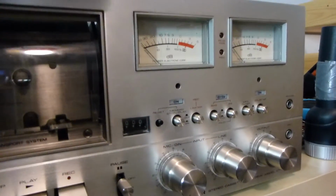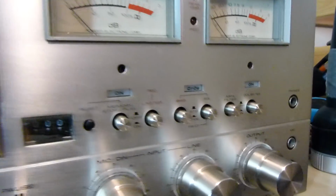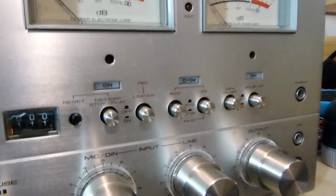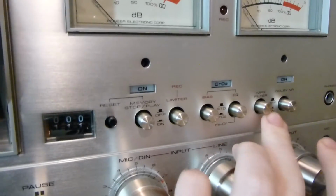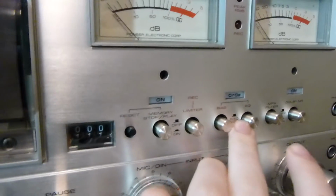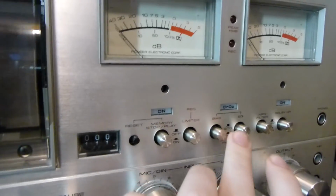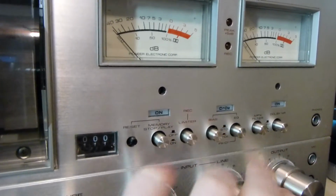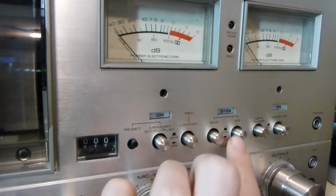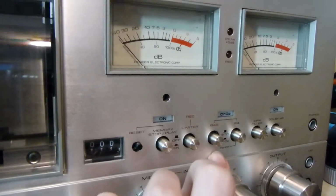It's got the analog meters, pretty commonplace on these older decks. Dolby B with switchable MPX filter, manual and automatic tape selection. This is kind of odd. If you put in a tape without the detection holes and you press these buttons, it will allow you to